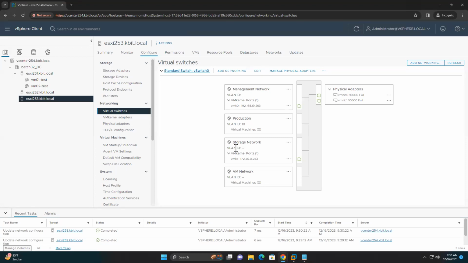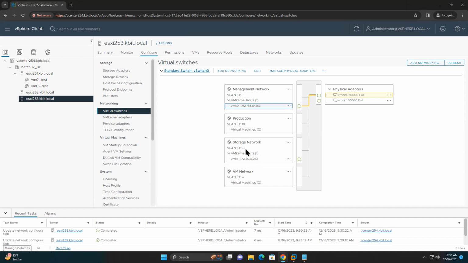but there is an issue. What is that issue? When you click here, this one, we are showing that this management port group has which adapter bound, VMNIC 0. And when I click here on this IP address,